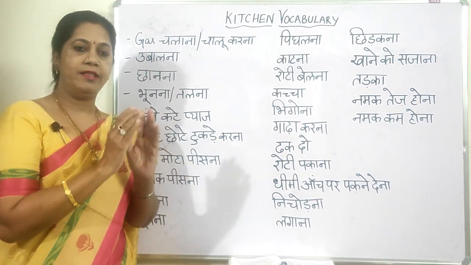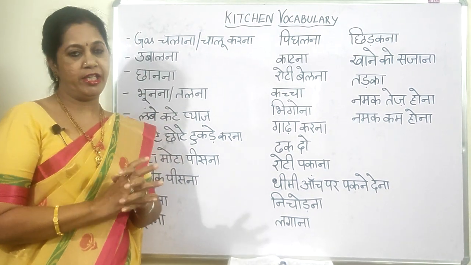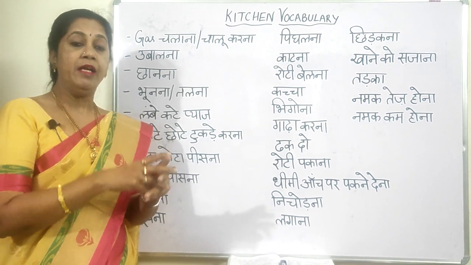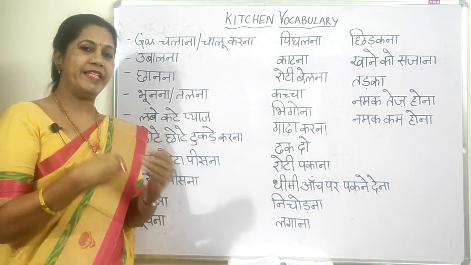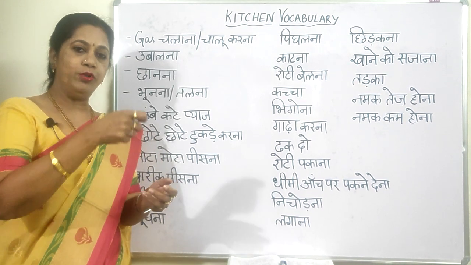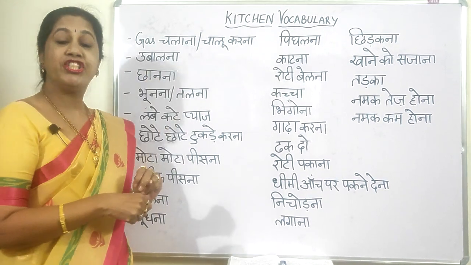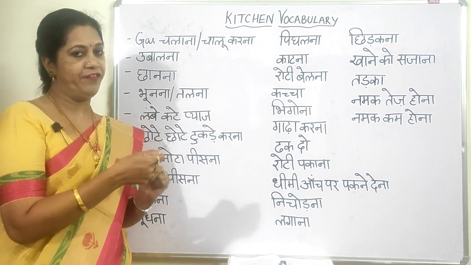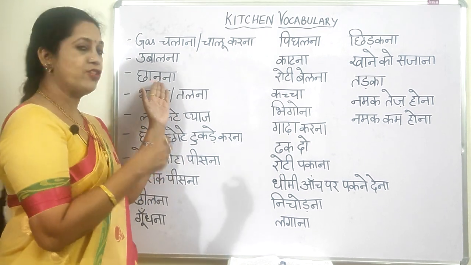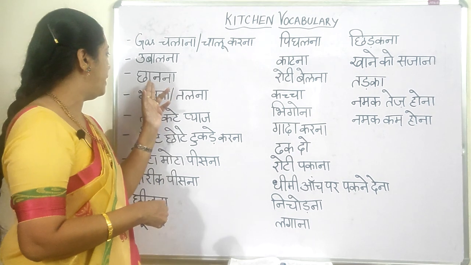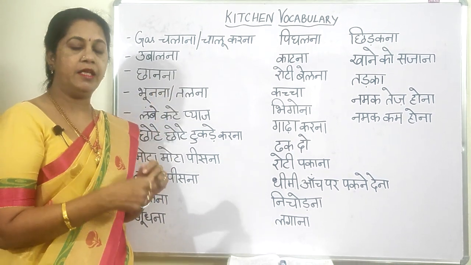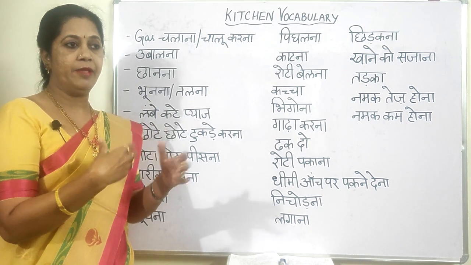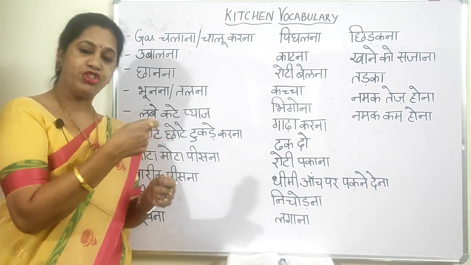Achha, chai aap taiyar kar chuke hain, you have ready the tea. Now, matlab boil ho chuka hai, to uske baad what is the next step you have to do? You have to filter it. So, chhanna. Chhanna is to filter. Liquid items, actually chhanna, two varieties are there. Now I am telling the first one is to filter, like liquid items. Matlab fruit juice kuch lenge to usko chhanna hai.